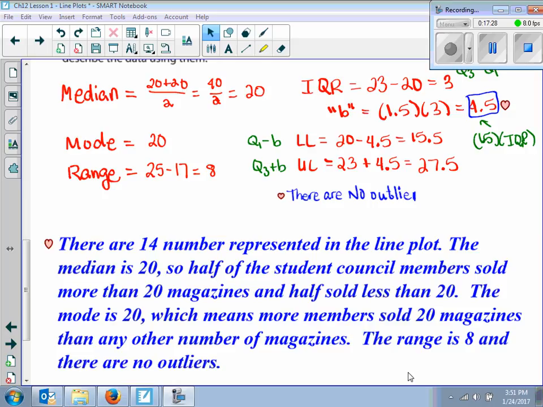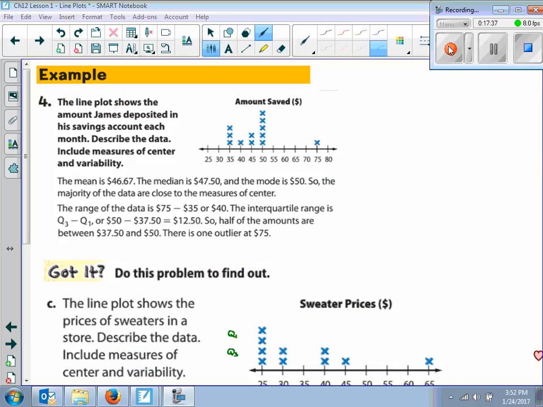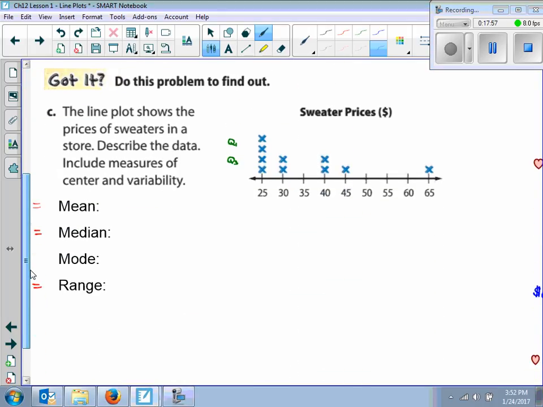Pretty straightforward, right? Yep. And the range is 8. And there are no outliers. All right, so for this example, it says the line plot shows the amount James deposited in his savings account each month. We describe the data, include the measures of center and variability. So this is the same thing as what we just did in the previous example, okay? So we're just going to go ahead and do our